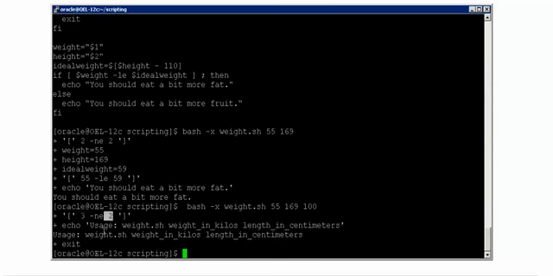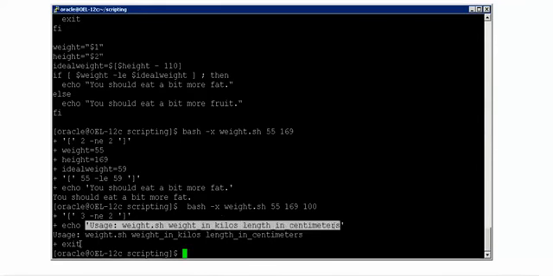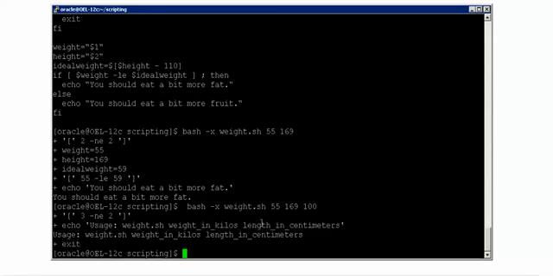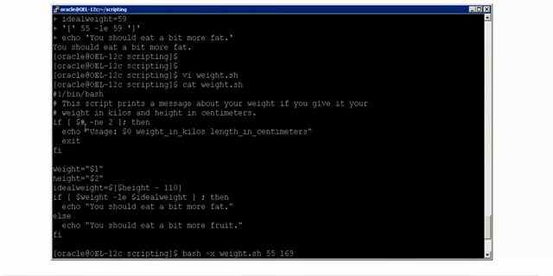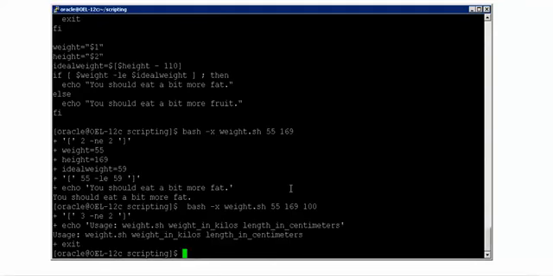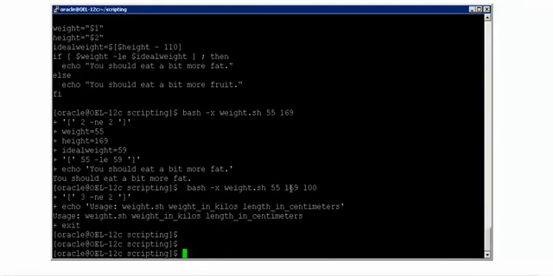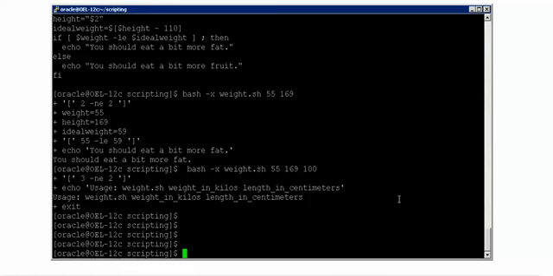That's the reason I echo the message whatever you give and I exit at that point of time. That means I'm not going to execute further because it falls true in the condition that you have given in the first if block, and you have also said to exit out of the shell once it executes this echo. This is how I can limit the user, telling him that you have to only pass 2 variables to it. First variable is your weight in kilos and the next variable is your height in centimeters. That's it. You're not allowed to pass any other arguments to the script. This is how you can control them.